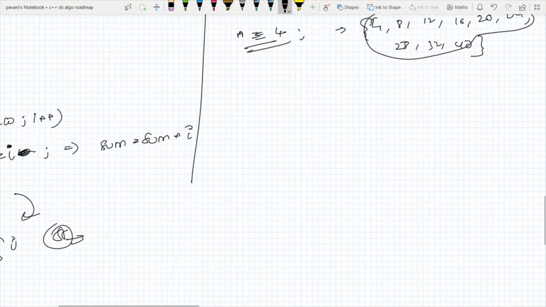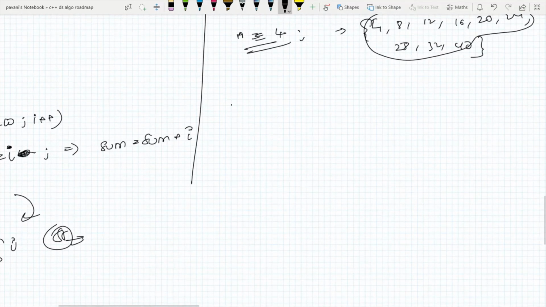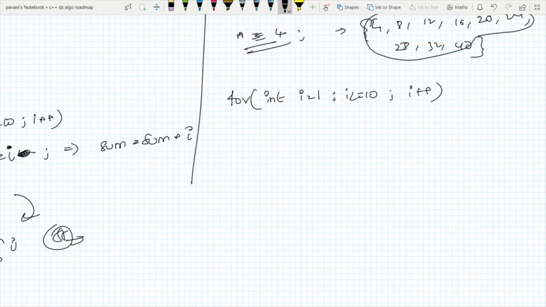So what would be the approach? See, I'll use for loop for this. You can use for loop and while loop or do while loop. You can use any of the loop. That doesn't matter, okay? The time complexity and space complexity are same. Int I equal to 1, I less than or equal to 10, I plus plus.